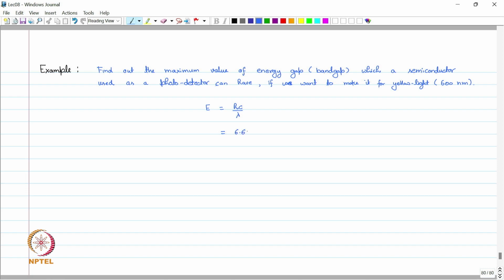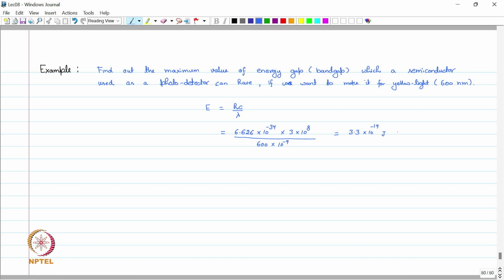h is 6.626 into 10 to power minus 34, multiplied by c, which is 3 into 10 to power 8, and divided by lambda, which is 600 nanometer. So we need to convert it into meter, 10 to power minus 9, and the value comes out as 3.3 into 10 to power minus 19